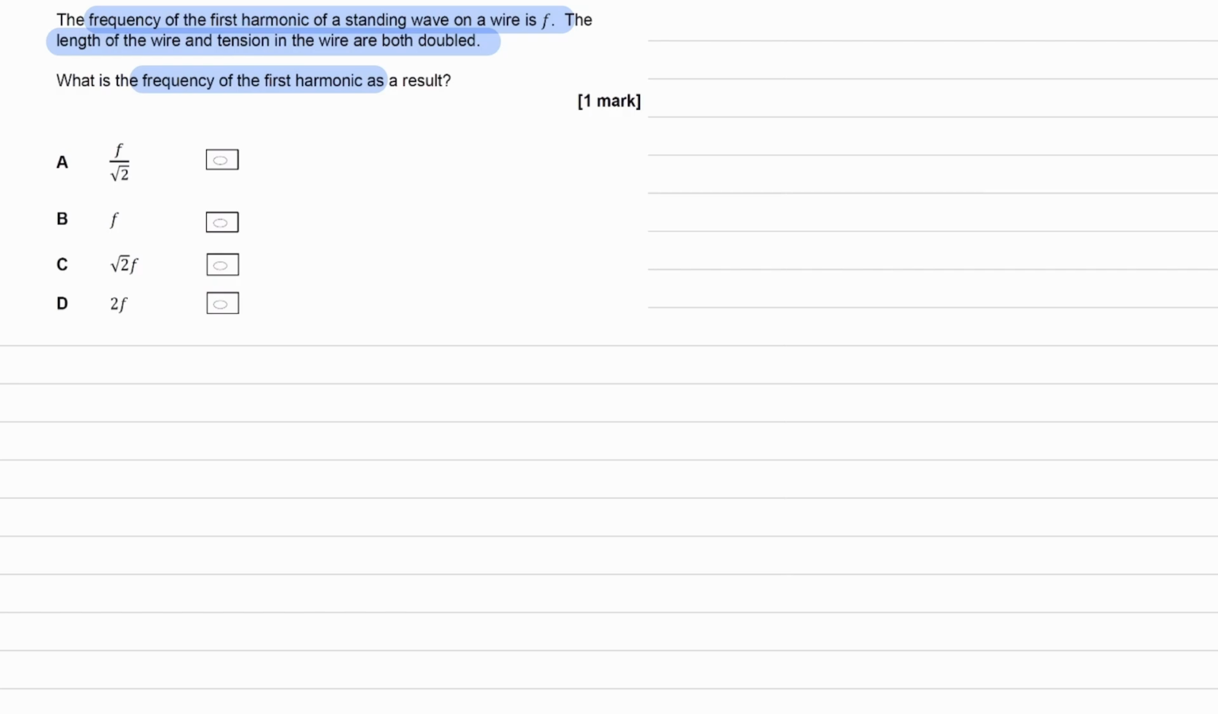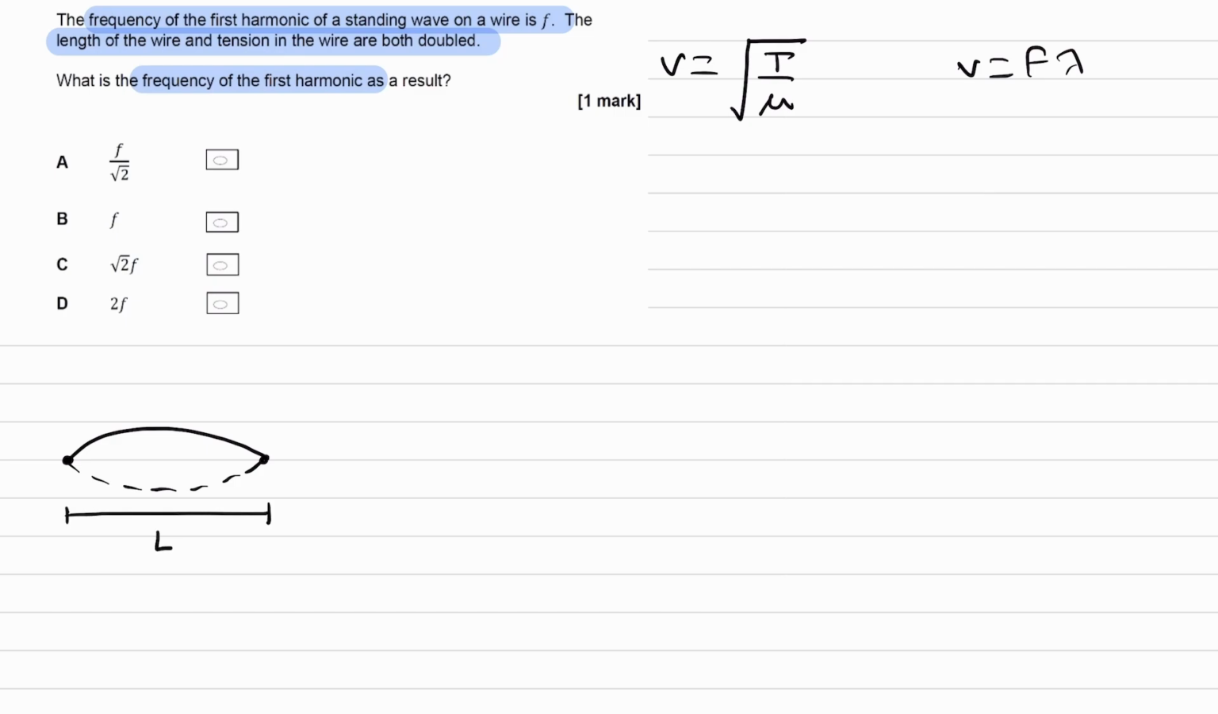Okay, so let's think of the equation that we have to use for this question. We can consider v, the wave speed on the wire, is equal to root T over mu. And the wave speed we know is equal to frequency times lambda. So if we consider the first harmonic, which looks like this, if this has a length of, let's say, L,